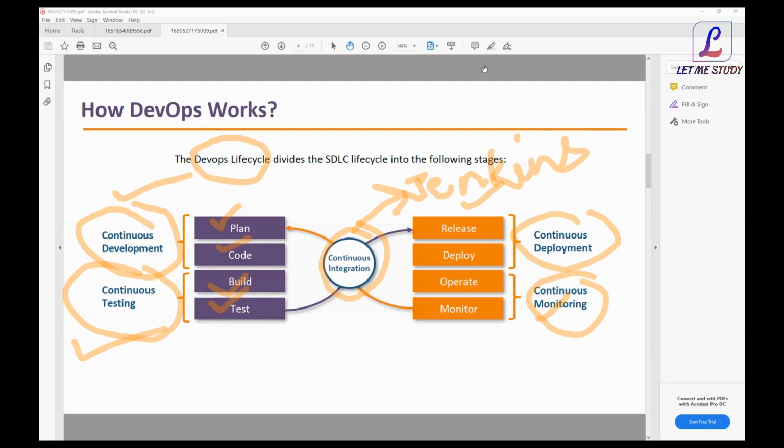So there are 4 stages, and once one department completes their work, only then will the work go to another. But in the DevOps life cycle, whatever work I am doing on a daily basis, like working on one excerpt of code, for example the login authentication part,